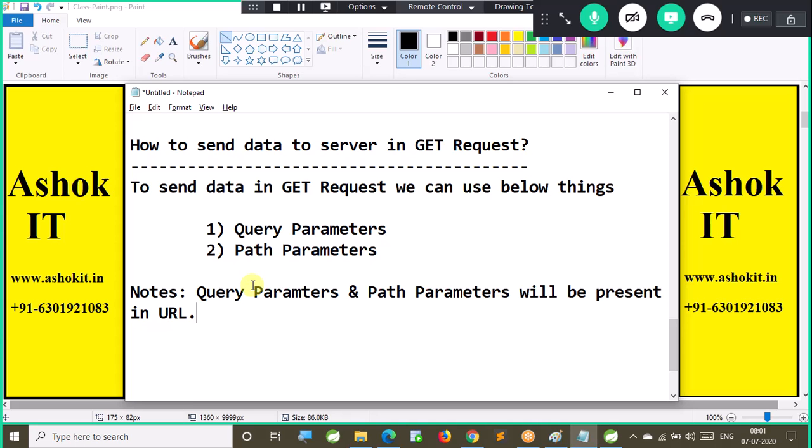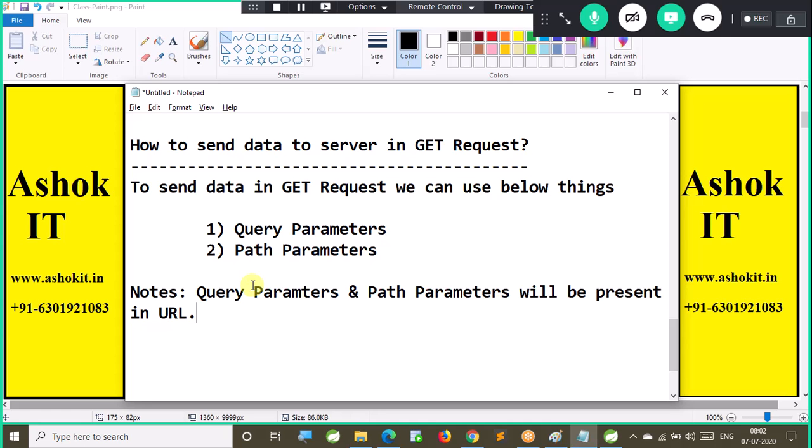So what is the purpose of these two? These two concepts are used to send the data to the server in the URL. Now if I want to send one name or one ID, then I can go for a query parameter or a path parameter.